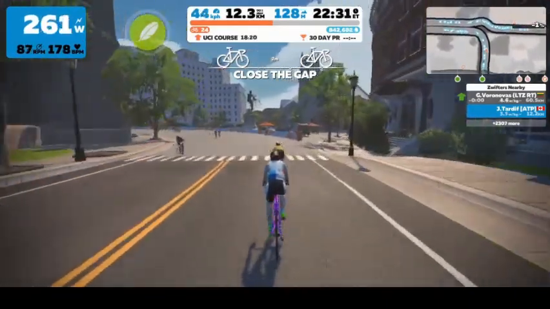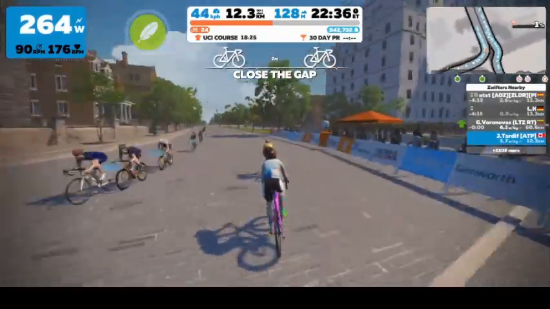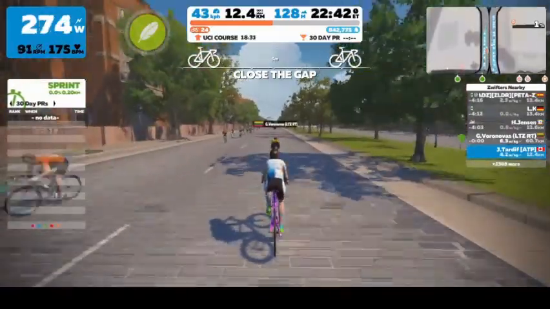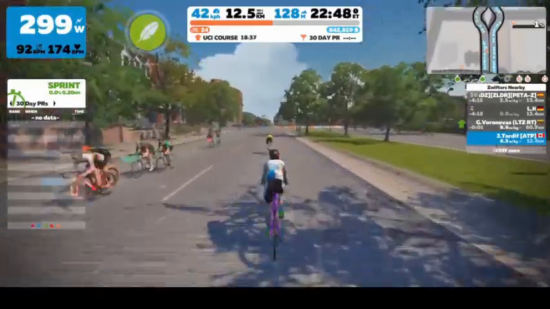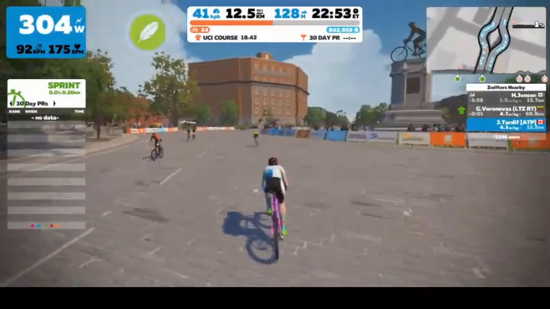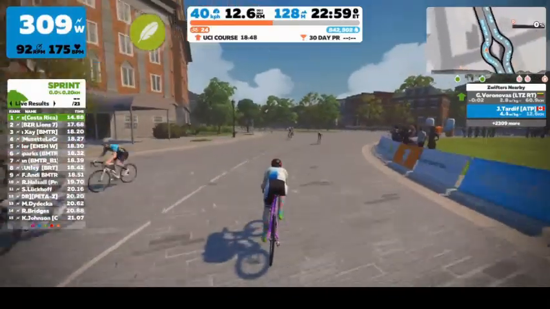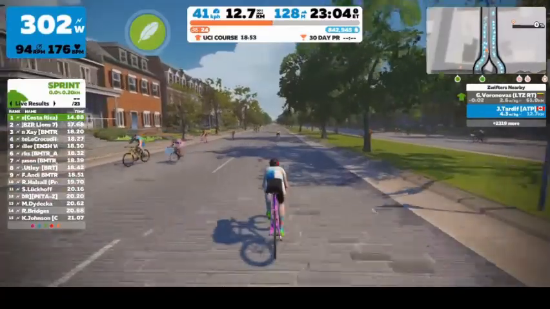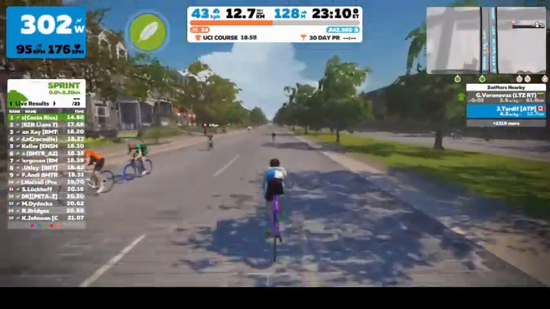And the reason for that is really because of the aerodynamic benefit that you will have on the flats and the descents, where you're not worried as much about the weight for the climbs, where that would be a major factor. There is only a handful of minutes of actual high-intensity climbing on this course, so it's really up to you which one you're more comfortable with running. And after this sprint banner, we will talk more about frame choice and what my personal use is and